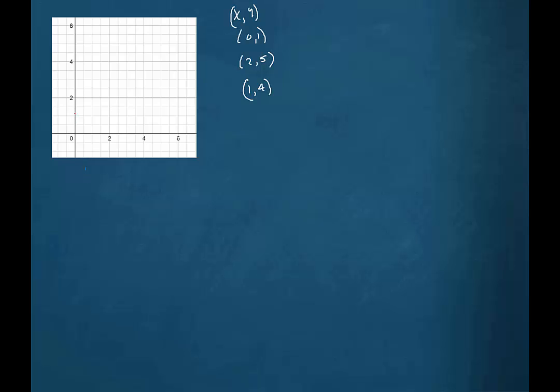So let's look again then. If we have the dot (0, 1), the dot (2, 5), and the dot (1, 4). And let's say that we have another ordered pair. Let's say that it's (3, 5.5). So that dot would be right about here. And another dot,